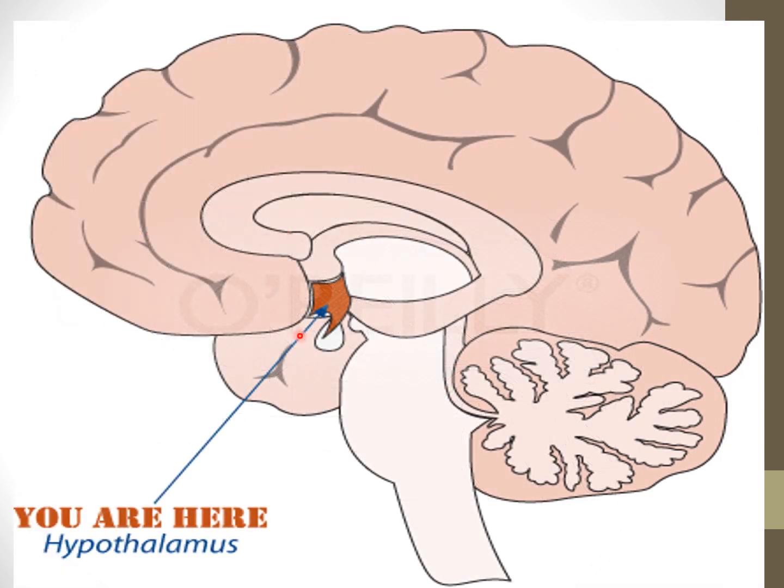Again, we have the hypothalamus here, and in this class we are going to see the different nuclei that are present in the hypothalamus. Let's see what the different nuclei present in the hypothalamus are, and then we'll see the connections, how the nuclei are connected to other structures or the adjacent structures of the central nervous system. And then we'll see what the functions are. Once you understand the connections, you can yourself explain the functions of the hypothalamus.